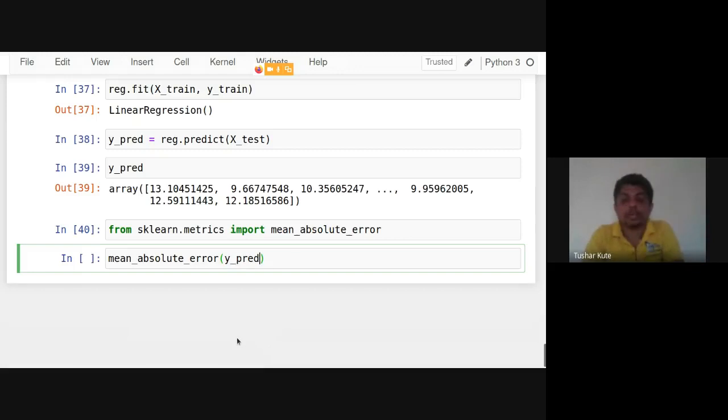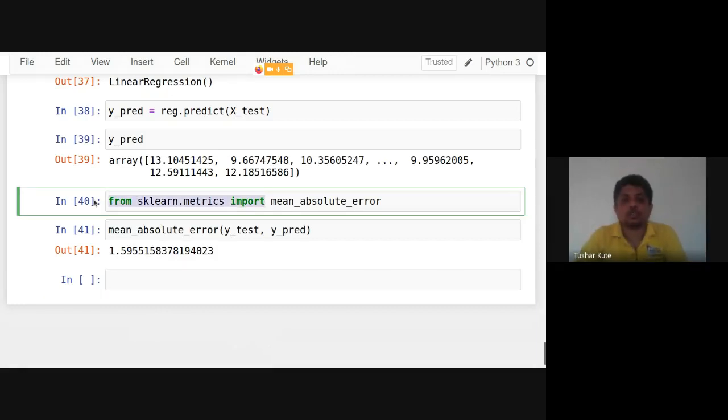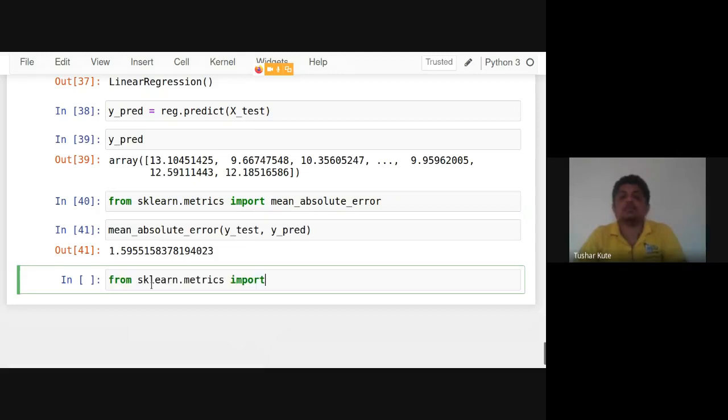For y_test and y_pred, the average difference is 1.59. The average difference is 1.59 between y_test and y_pred, which is actually low, as we can say. There's one more method by which you can find the score of difference in terms of percentages.